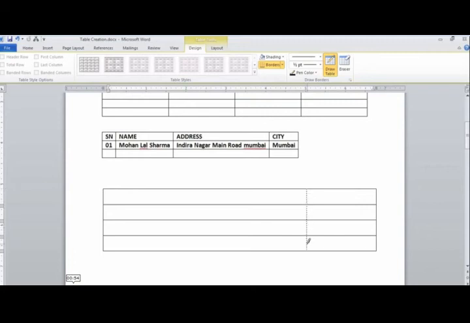Now click a straight line for making columns in your table. You can observe here the quick table option, and you can draw according to the requirement of your data. You can fill the data in your table. The partition is also according to the content of your table.